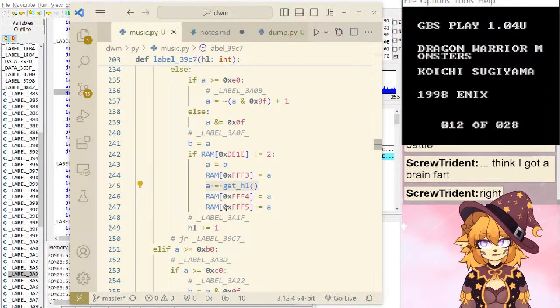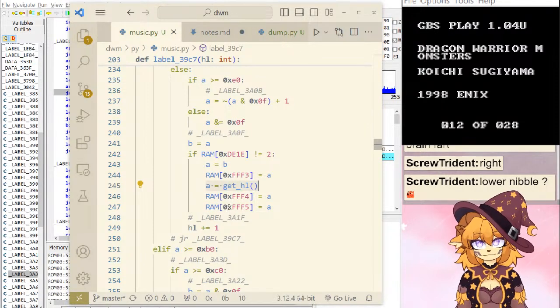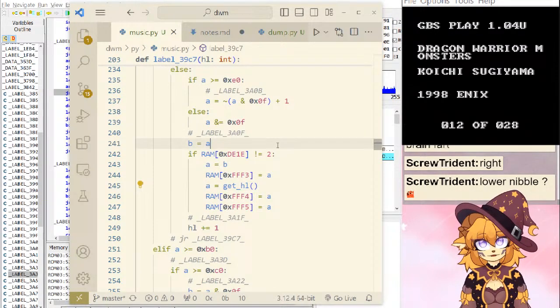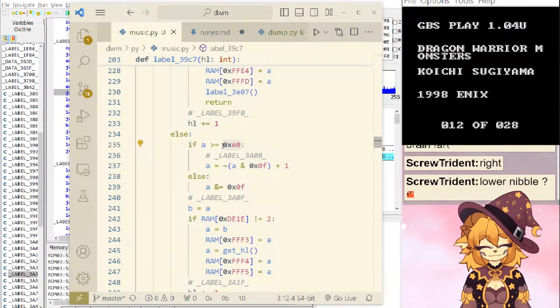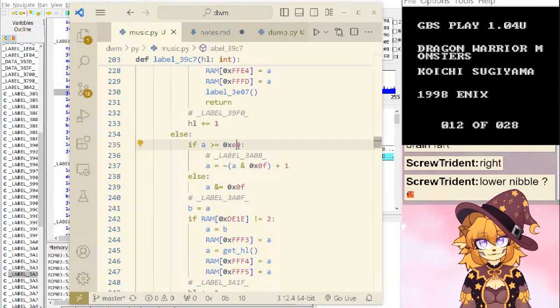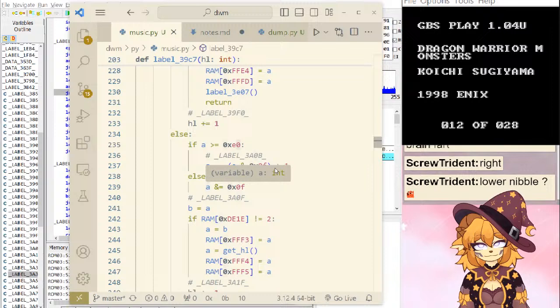Lower nibble. Yeah, so a hex byte is made up of 2 nibbles. This right here is a hex byte, right? And then each digit is a nibble. So E is the upper nibble, and then 0 is the lower nibble.